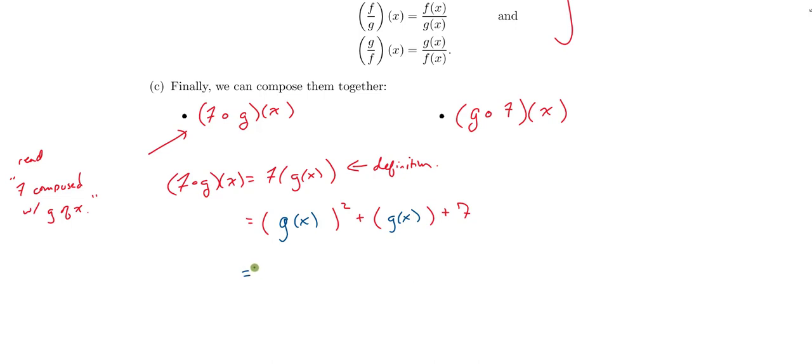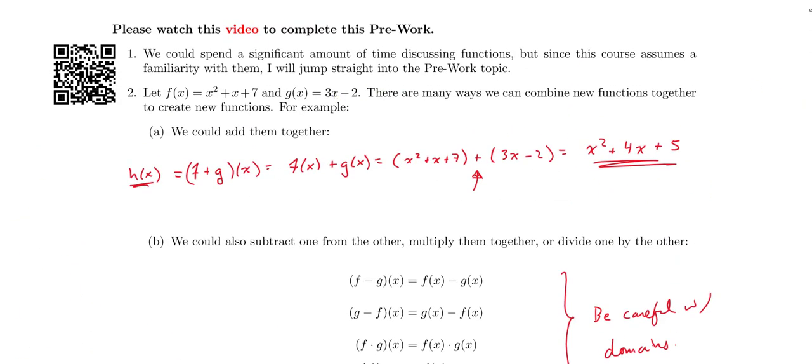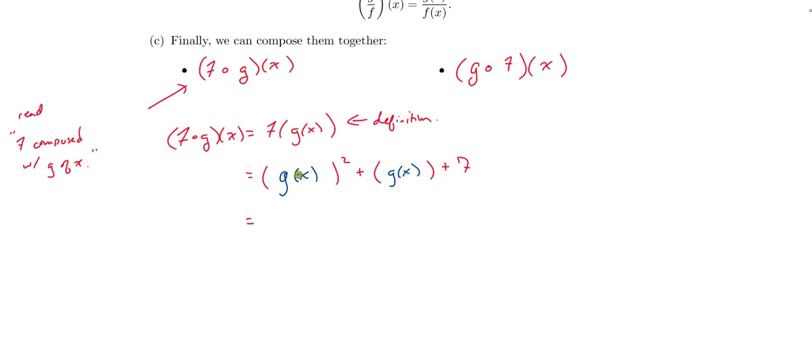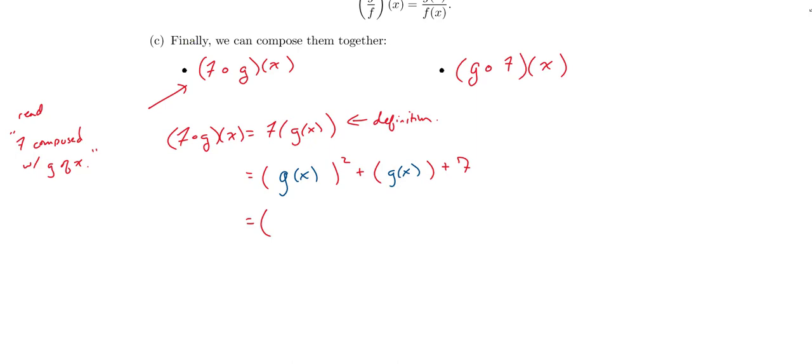Well, what is the function g of x? Well, the function g of x was this linear function, 3x minus 2. So everywhere I see g of x now in this expression, I'm going to replace it with 3x minus 2. Now all I have is some large expression, and in fact I could leave my answer here, but it's customary